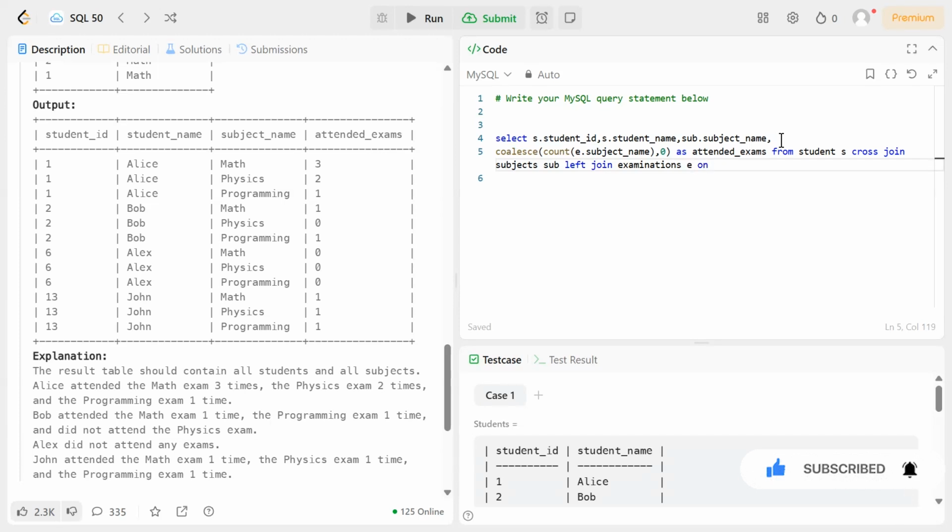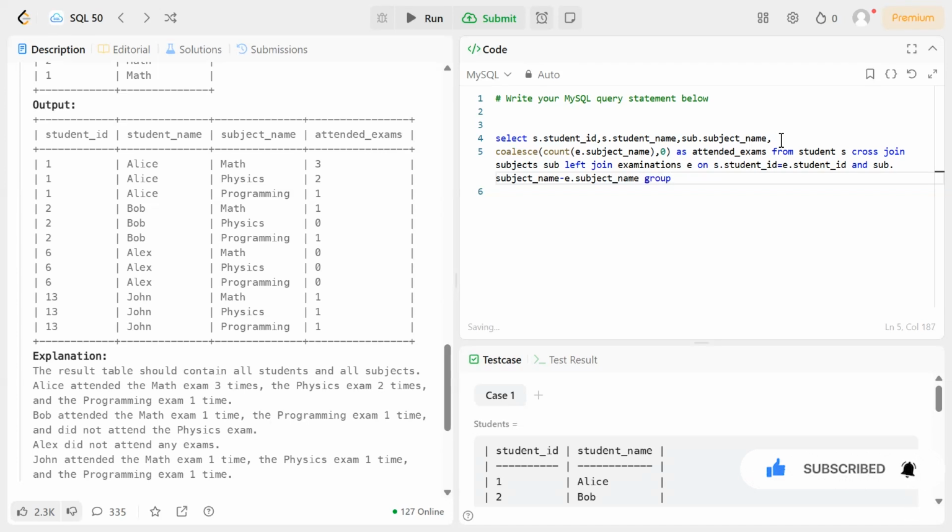Now we will define the keys on which we are joining these tables: s.student_id equal to e.student_id and sub.subject_name equal to e.subject_name,